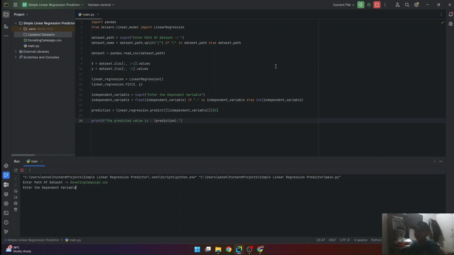The dependent variable is, let's say, 58. So it's saying that I earned $6,103. Anyway, I'll just add the arrow mark here, and our program is done here. This is the simple linear regression predictor, and it just predicts the value from a data set.